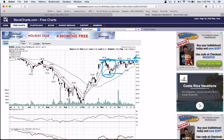That's about 10 points. So when you look at that, 10 points would give us a target of about 95 out here. So that's what we want to look at for a full swing trade. For a day trade, you probably want to look for about an ATR pop. So let's go ahead and